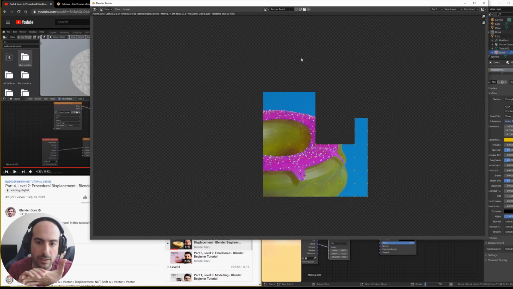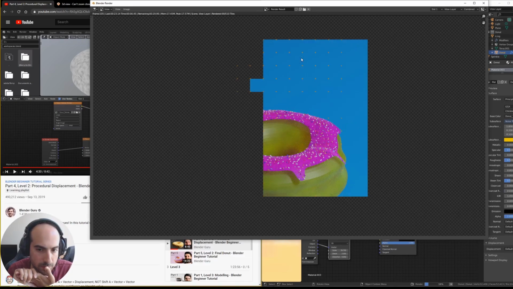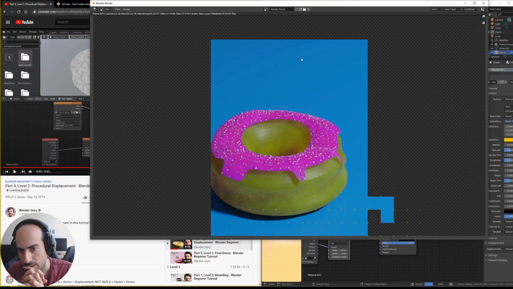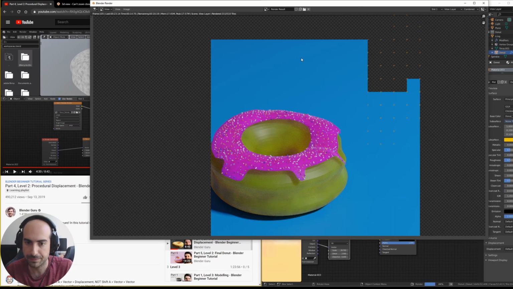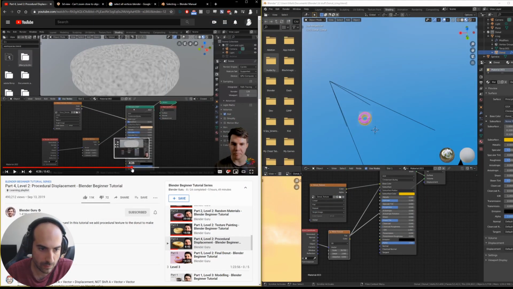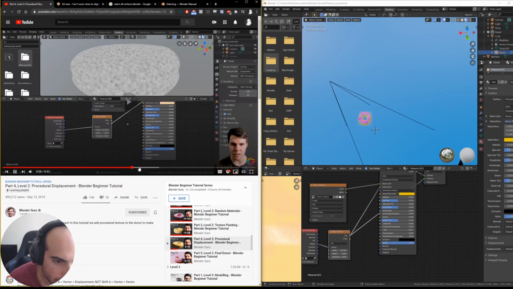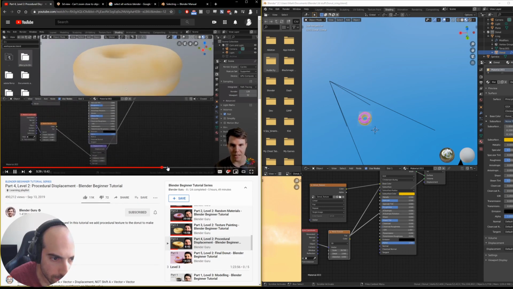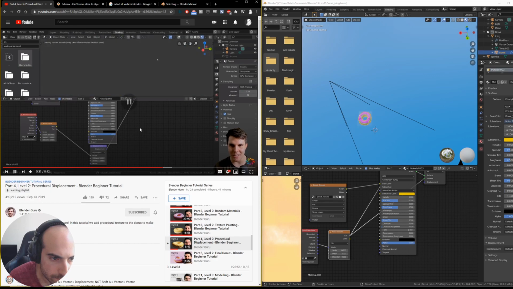I think if it affects the volume, it should do this. If we want the volume to be a bit bumpier on the sides, that looks fine. And that's the one we want to use on our mesh. Now, currently we can't because we're actually in look dev mode and it's